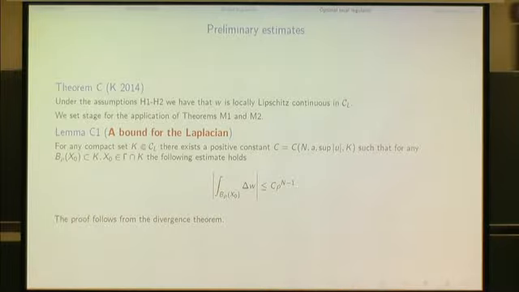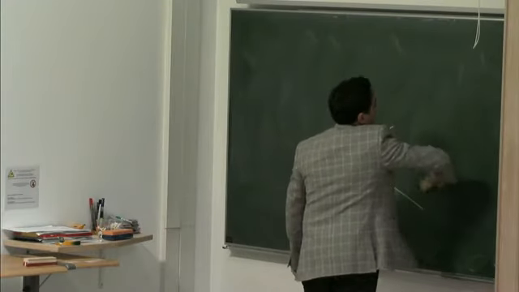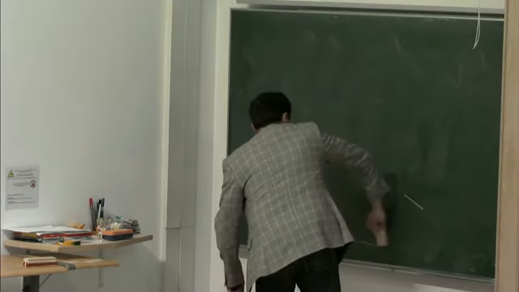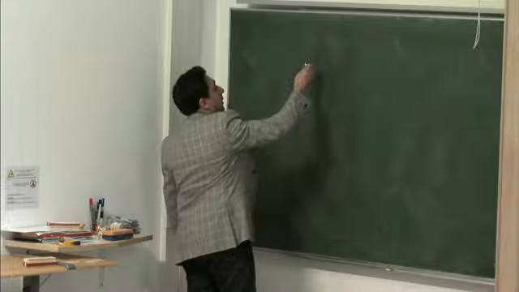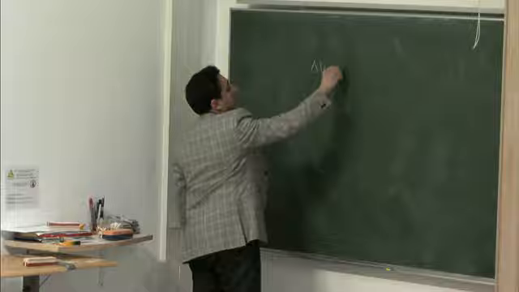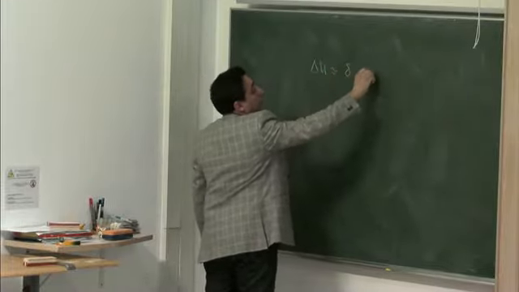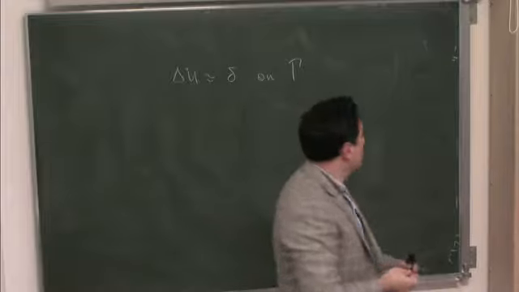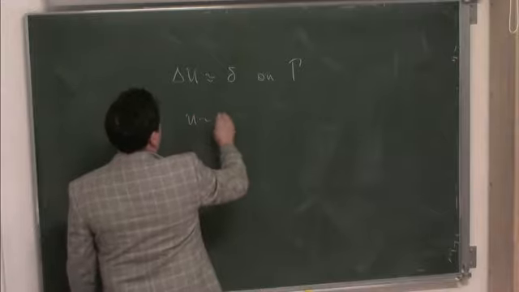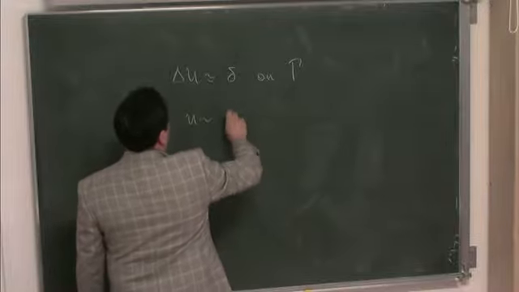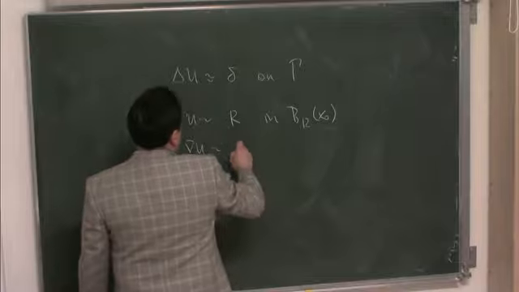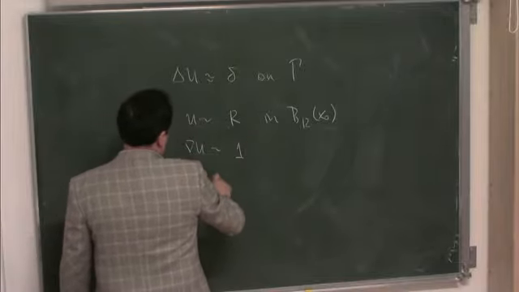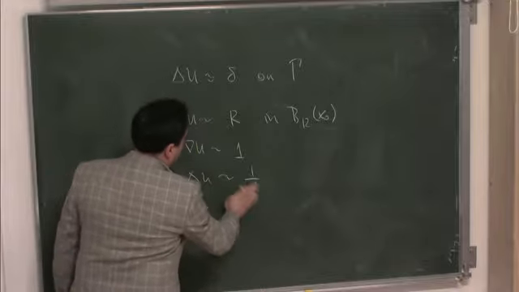And this is due to the fact that our beta had a jump across the origin, and very loosely speaking, the Laplacian of u is something like a delta function on gamma. In other words, again, this is very, very rough. You have that u is something like, say, r, and say the r x0. The gradient of u is something like 1,